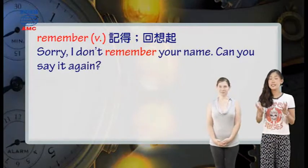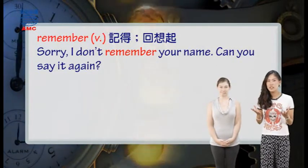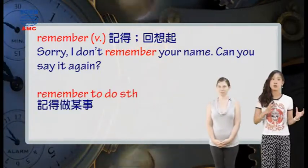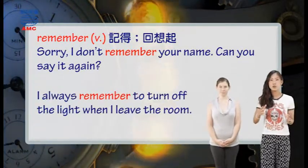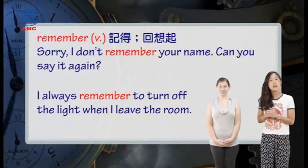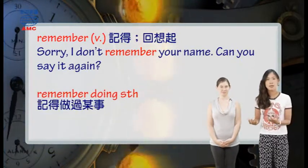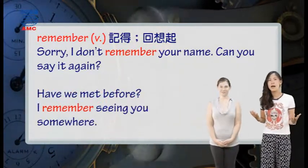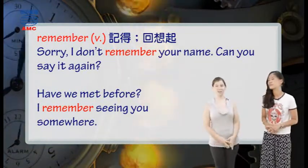Remember 这个动词呢，是记得或是回想起的意思。例句说呢，对不起啊，我不记得你的名字了，你可以再说一次吗？那 remember 还有其他的用法哦，比如说 remember to do something，代表的是记得做某事。I always remember to turn off the light when I leave the room。我总是记得离开房间的时候要关灯。另外 remember 后面如果加上动名词的话 remember doing something 是记得做过某事。Have we met before？我们以前有见过吗？I remember seeing you somewhere。我记得我在哪里有见过你。